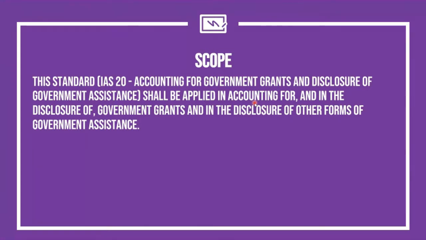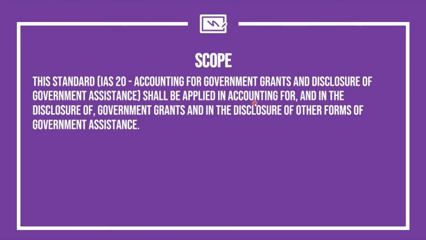So therefore, we cannot account for it as an asset or as an income or what have you because of this particular limitation. The mere fact that we cannot account for the direct impact or the direct monetary impact of